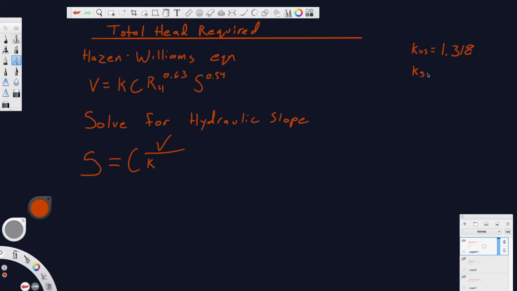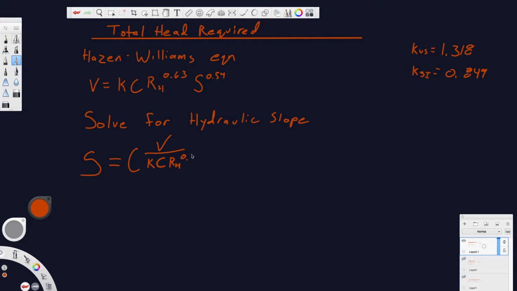And if you're using units anywhere else in the world, you're going to have 0.849. All right, and that just basically lines the linear relationship up with the data, with the observations. So, okay, we have our K value, we have our coefficient of friction, we have our hydraulic radius,